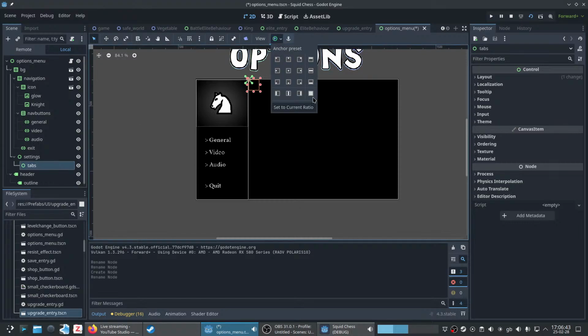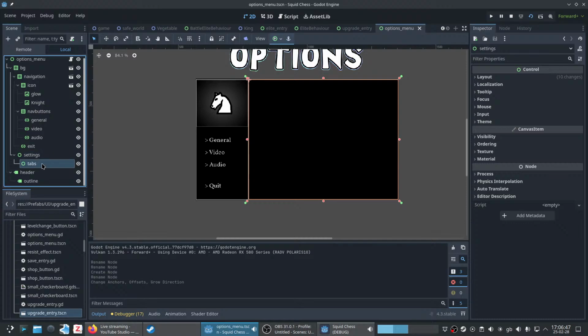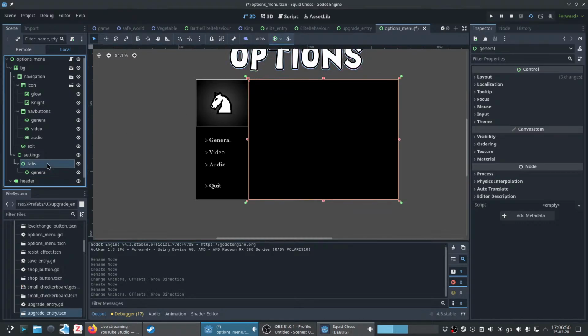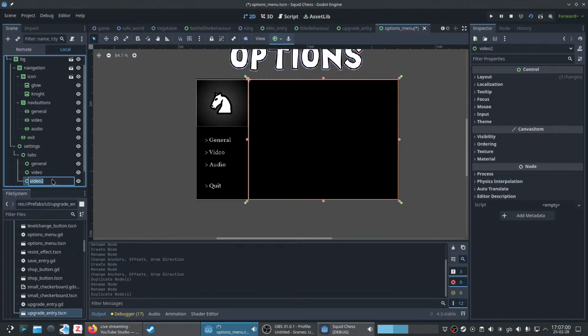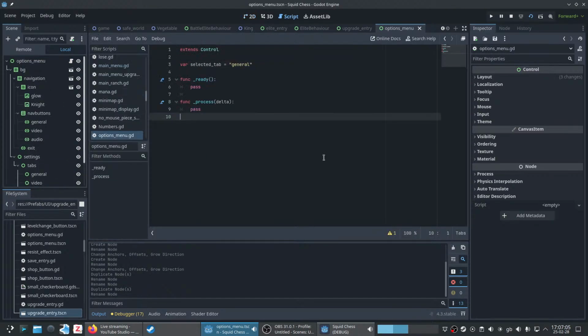It would be tidy to do it this way. Just like that. So I'm gonna get settings here, we have tabs, and then we're gonna do general. Then we're gonna do video, oops. Then we're gonna do audio. So now what we can do is,